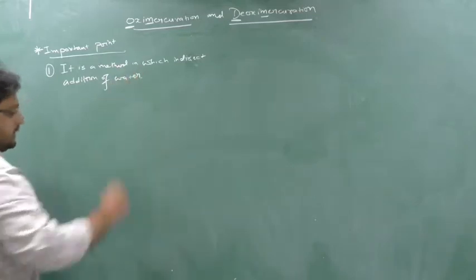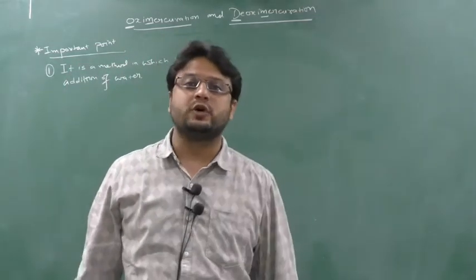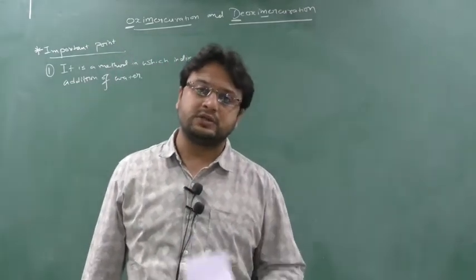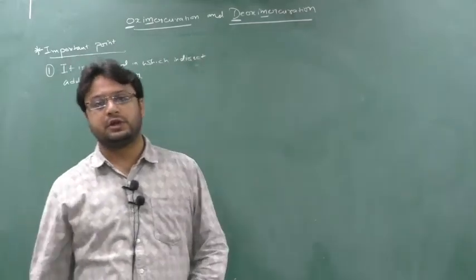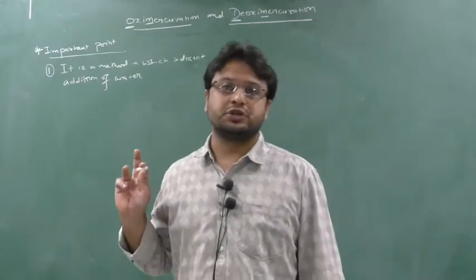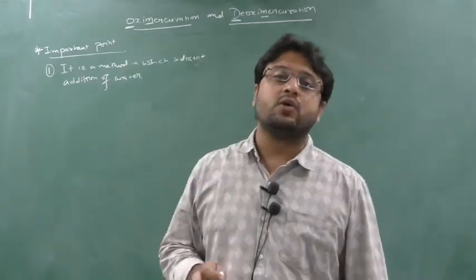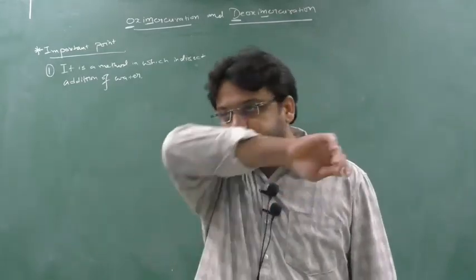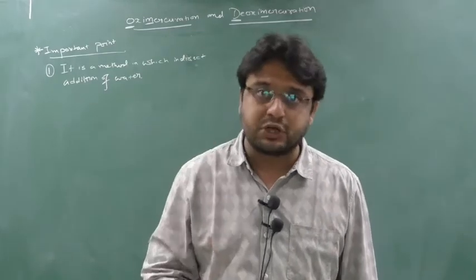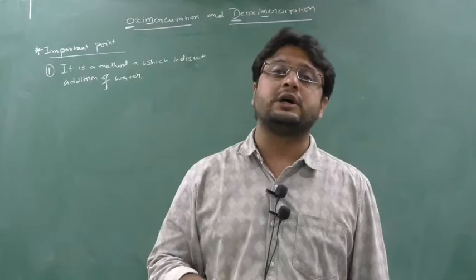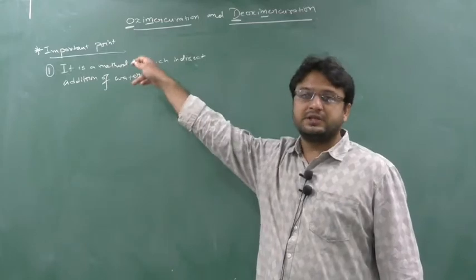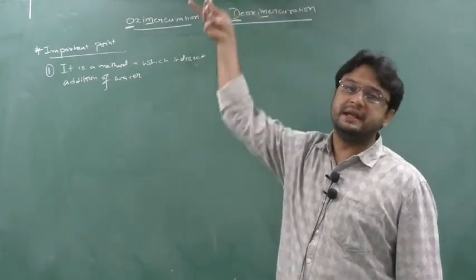So here what happens, H will be attached and OH will also be attached, but it will not be attached by water. Some other portion will attach H and OH. That's why we say there is an indirect addition of water. Last class we also saw there was an addition of H and also an addition of OH in hydroboration. H was attached by BH3 and OH was attached in the last portion by H2O2. So we say that here there is an addition of H and OH but not by water. Whenever there is an addition of H and OH not by water, we call that indirect addition of water. So here also it is the same, a method in which H and OH will be attached, but it will be an indirect method.